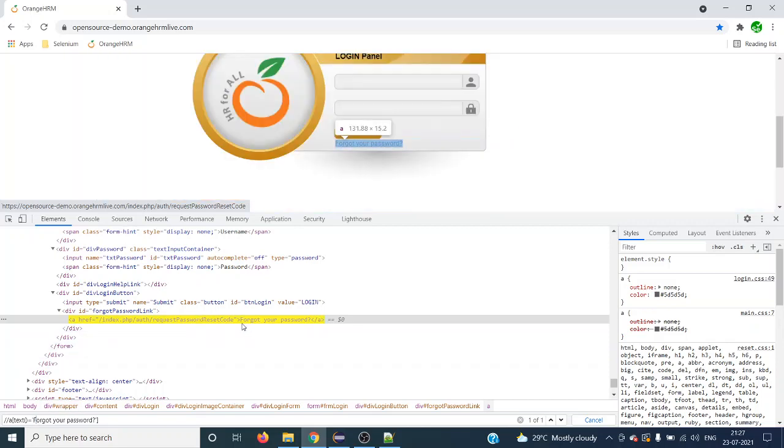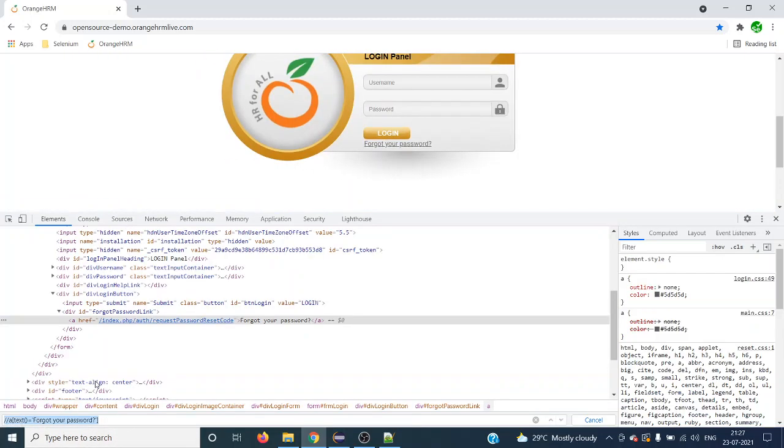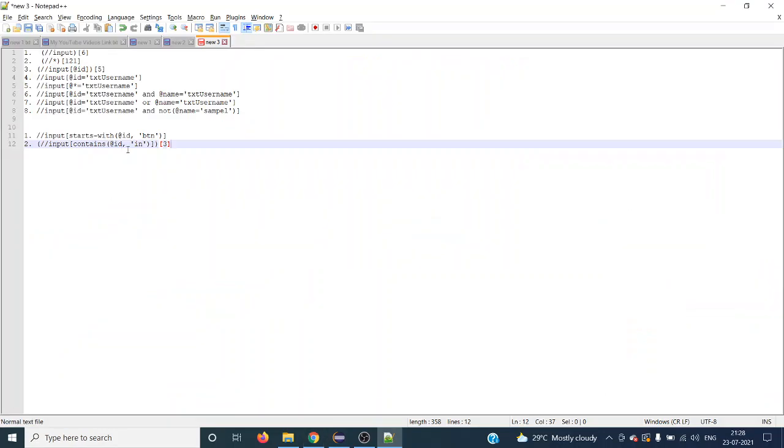So now we have given an uppercase, and it is finding it, right? So this is how we have to identify. It's case sensitive. The complete XPath itself is case sensitive, right? We cannot use lowercase instead of uppercase, or uppercase instead of lowercase. So this is another way of writing your XPath,